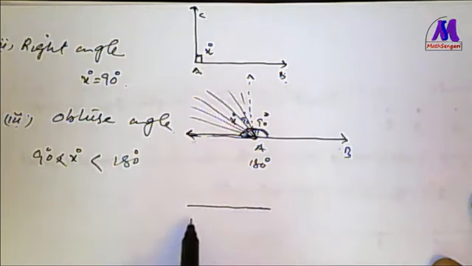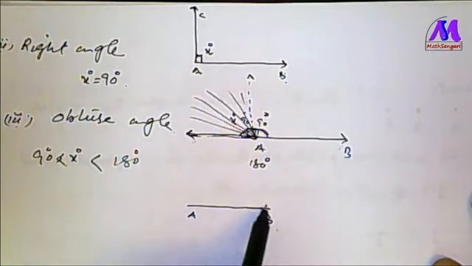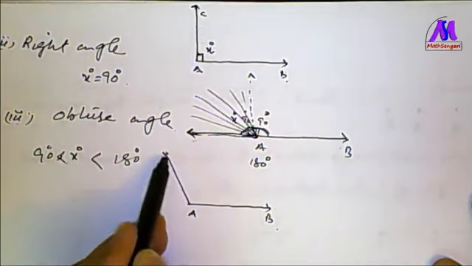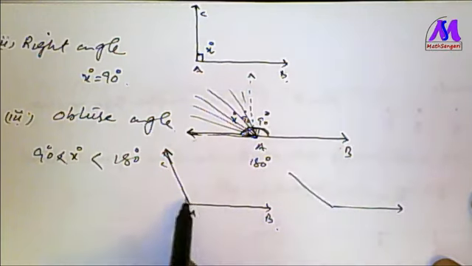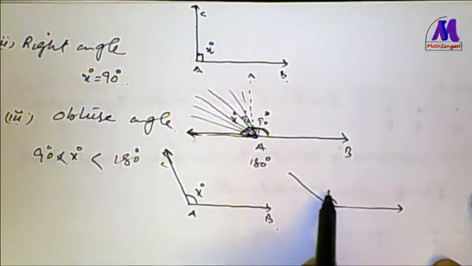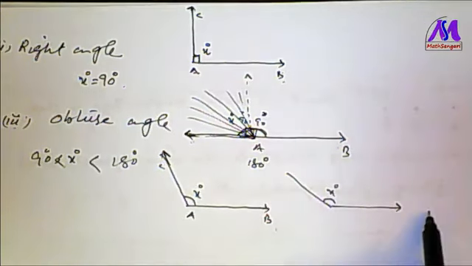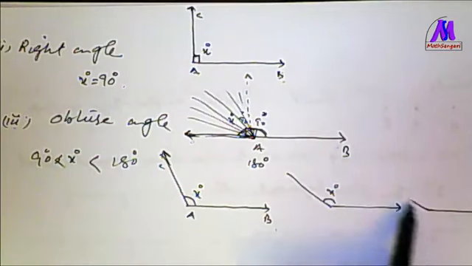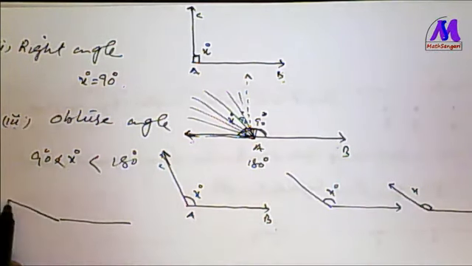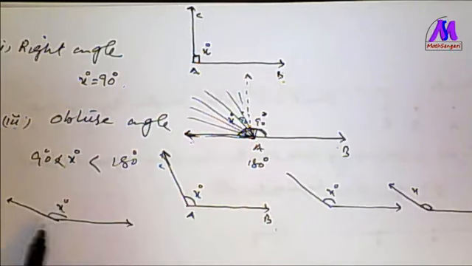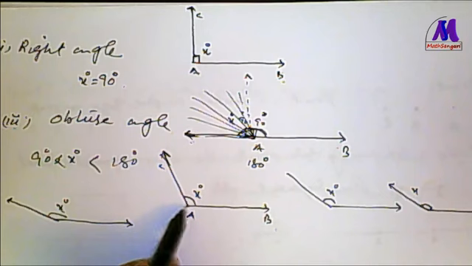Maybe the obtuse angle is just like this one. Remember, suppose it's x degrees. Maybe obtuse angles just like this one. It's also maybe an obtuse angle just like this one. Same cases. It's called an obtuse angle, but the condition is that it must be greater than 90 degrees.